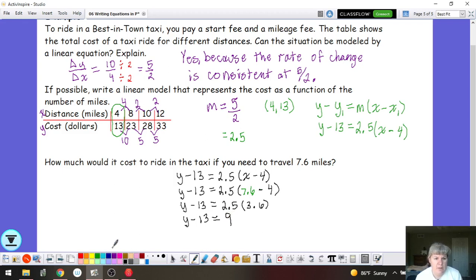Now something we haven't done a whole lot of, but hopefully you can remember, if you want to get the y by itself, you want to undo the minus 13. You want to do the inverse of subtract 13, which is add 13. And if you do it to one side, you need to do it to the other side. So we're going to add 13 to the other side of the equation. So our answer is going to be y equals $22. And that's how we can use point-slope form to model